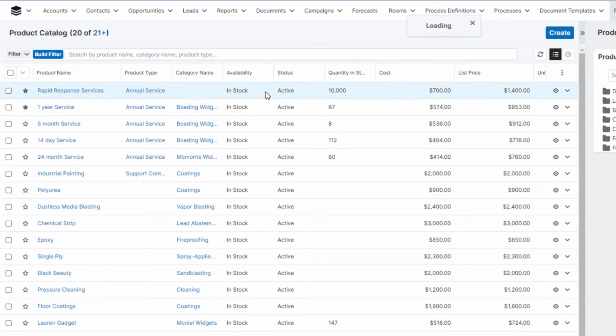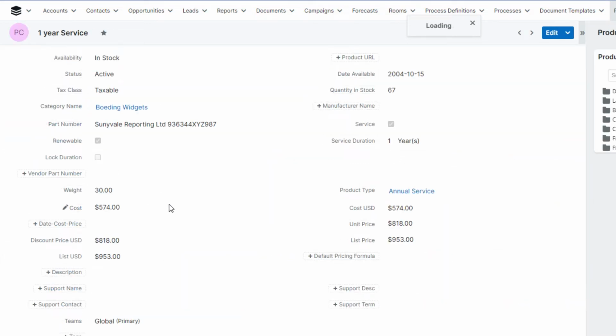Diving into the product catalog, we can see all the different products that we have, including the product type, their category name, whether they're available, inventory levels, and so forth. If we drill into a particular item, you can see all the details of that particular product and its associated